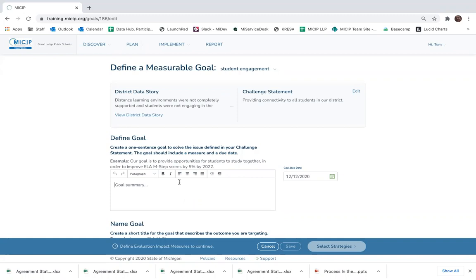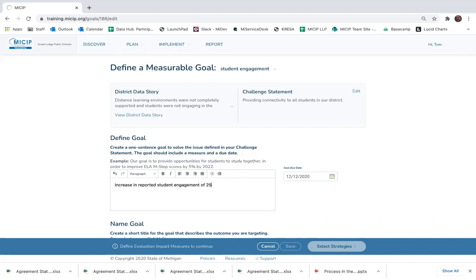So the root of Terry's work earlier was around engagement. Her challenge statement came to connectivity. I'm going to circle back, knowing that I've got some strategies I can grab for engagement. And I'm going to take us to an engagement goal, but I'm going to try and keep it centered in the online and technology space, just so we stay in that theme. I'm going to suggest our team might come out of this and suggest that we want to see an increase in reported student engagement